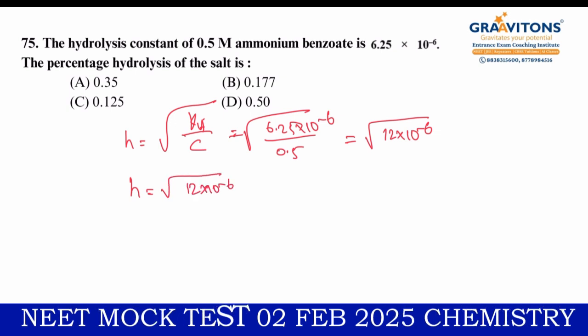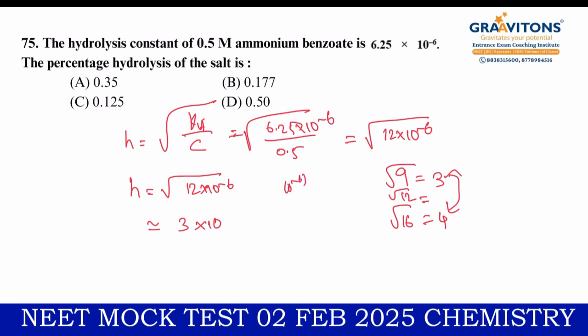When you take a root, we know that 9 is the square number of 3, root 9 is 3, and root 16 is 4. If it is root 12, it should be between the values of 3 and 4. So I am taking approximately 3 point something, into 10 power minus 6 by 2. 10 power divided by 2 will give you minus 3. Here h is equal to